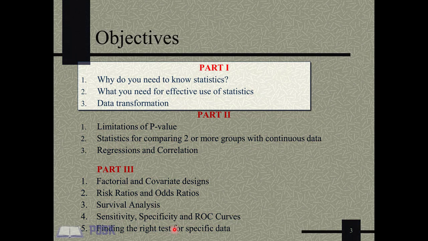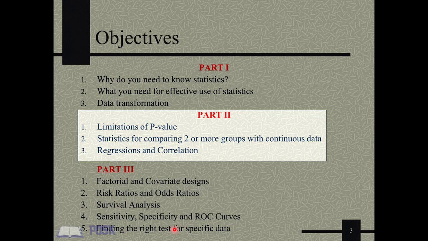In the first part, I showed that it is in your best interest to get to grips with statistics by demonstrating that many research papers are full of errors, and you need to be able to spot errors in published studies. In addition, I also showed you the three most important functions of statistics. Finally, I showed you why you may need to transform the variables in your data. I ended the first lecture by demonstrating how to do logarithmic transformation in SPSS.